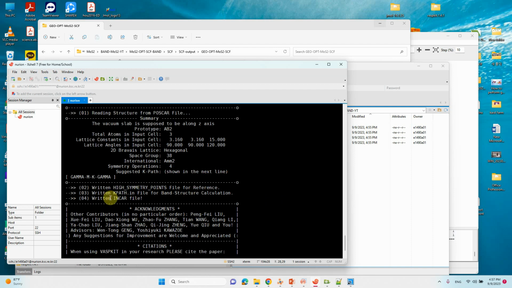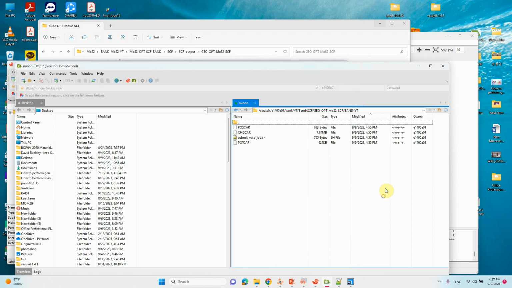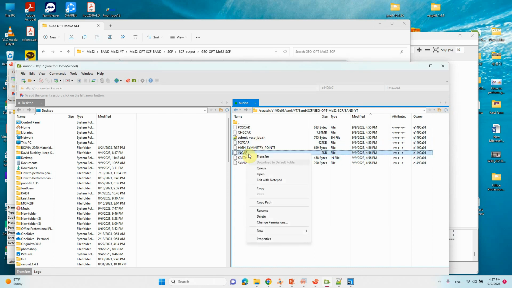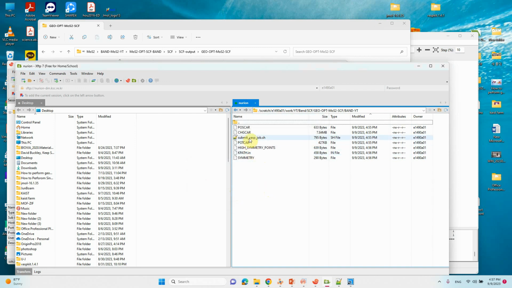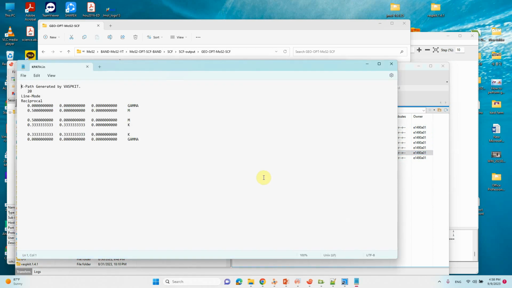Here the KPATH file is written. This is the KPATH file. Just refresh. See some new files are created, but we don't want this INCAR, so I will delete it. You can open and see. This is the kpath, Gamma M K Gamma. This is the KPOINTS file generated by VASPKIT. We need this for our